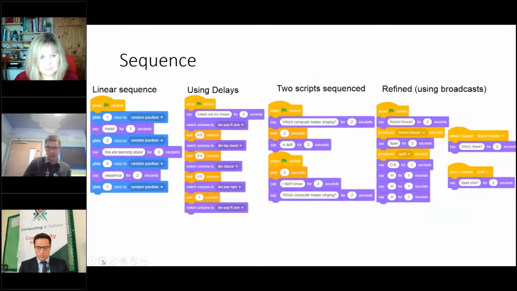So if we start by having a look at sequence, how we would introduce sequence is by looking at a very linear sequence where children, starting with the left of the page, have a program where they are looking at animation, using blocks that have delays built into them. So they're getting the appreciation that hello is going to stay on the screen for 1 second.